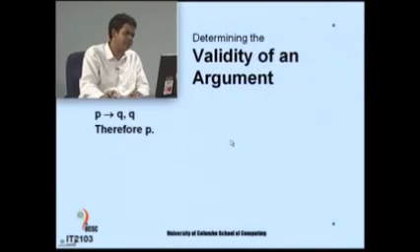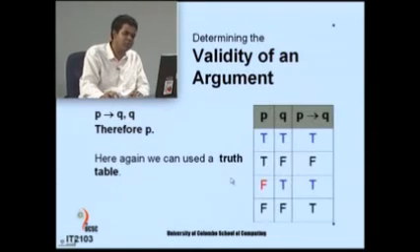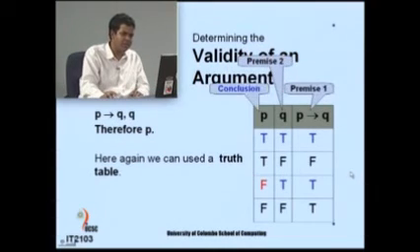Let us take another example. Let us take P implies Q, Q, therefore P. Here too we can use the truth table, and if we draw the truth table, it will look like this. Here we have the first premise, here we have the second premise, and here we have the conclusion. Now, we can see that all the premises are true in two cases, in the first row and the